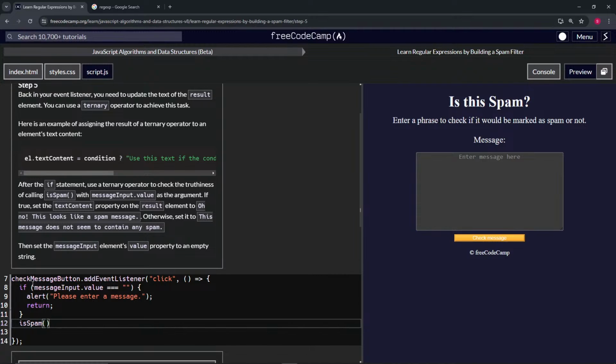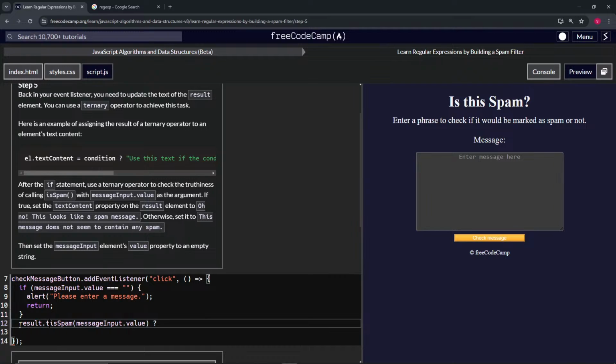Okay, so we'll get this, copy it, put it here, question mark, because if it's true, it's true. If it's not, it's not. Question mark, and then we'll say text content dot property. No, excuse me, result. Okay, let's do this. Result